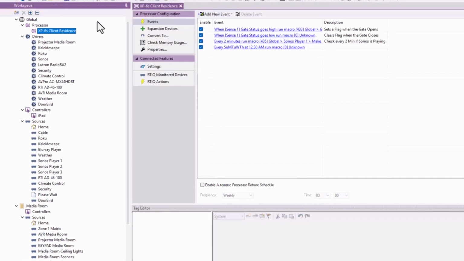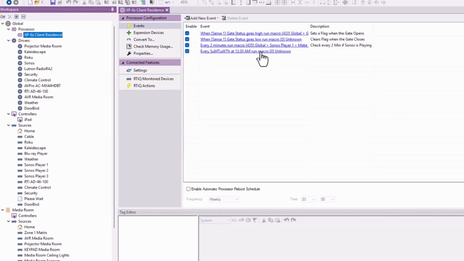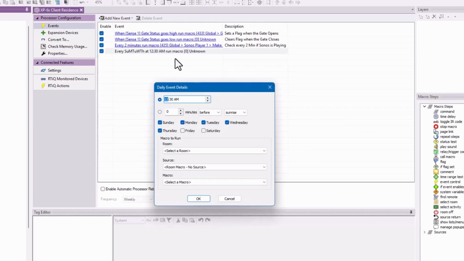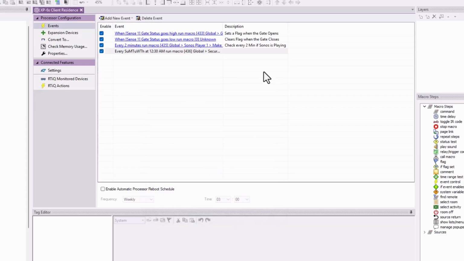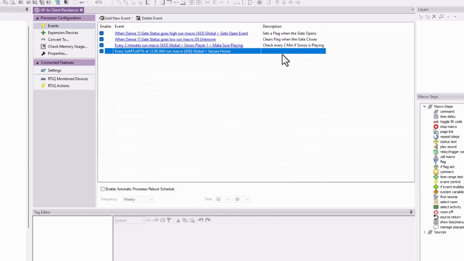Now, let's get back to our event. We have to finish programming it. Let's click it. So we have the time, we have the days. Now let's select global. It's not a source, so bypass that field and pick our secure home macro and click OK. And now let's give this a little description. Arm home or secure home